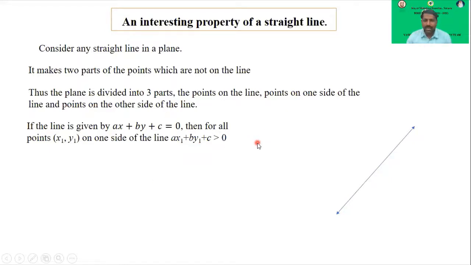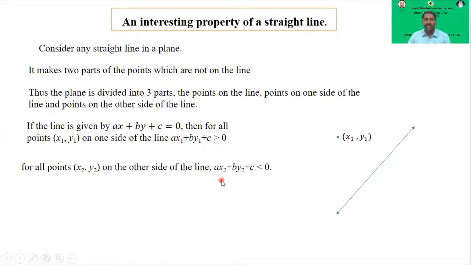समजा सगळे पॉइंट एका साइडलाच असतील x1 y1, आणखी दुसरे पॉइंट असतील एकाच साइडला, तर ते सगळे पॉइंट जर लाईनच्या इक्वेशन मध्ये ठेवले तर ते ग्रेटर दॅन 0 असणार, पॉझिटिव्ह दाखवणार. And for all points x2 y2 on other side of the line ax2 प्लस by2 प्लस c लेस दॅन 0. समजा दुसरा पॉइंट दुसऱ्या साईडला आहे, तर जो तो पॉइंट त्या लाईनच्या इक्वेशन मध्ये ठेवला तर तो निगेटिव्ह दिसणार,